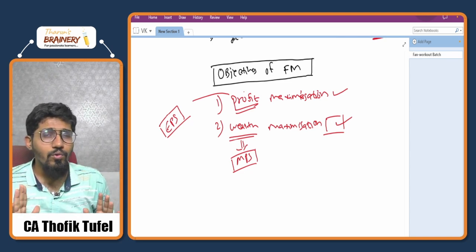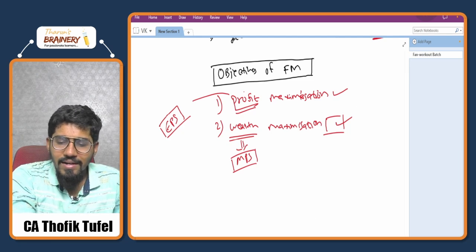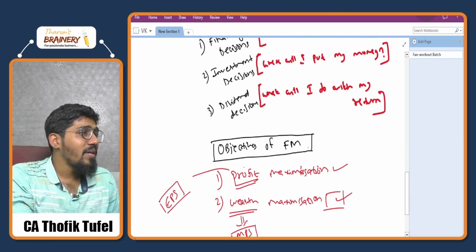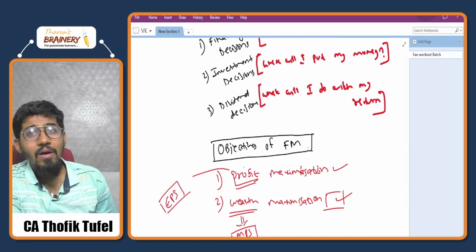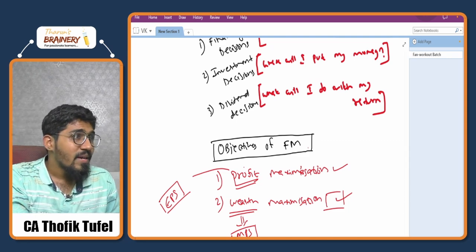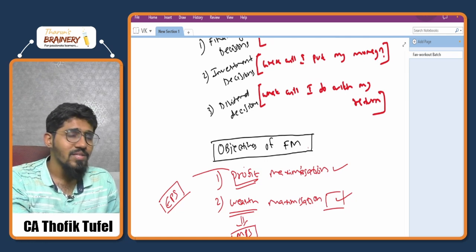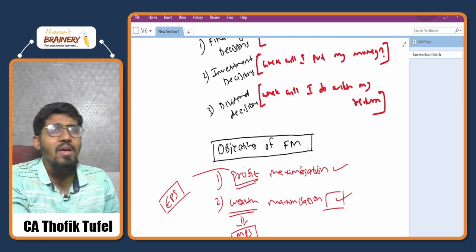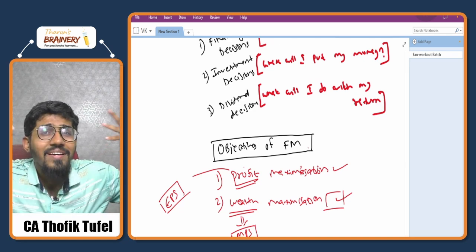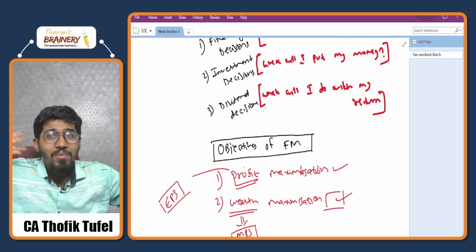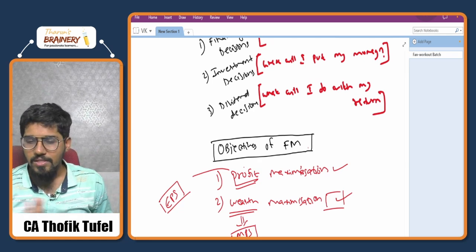Now, till now, the discussion we are making will help you in further developing all the concepts. If I directly jump into the chapters, chapter 1, ratio analysis, chapter 2, leverage, this would not be a helpful discussion. First, I want to build a foundation. I want to build a flow. Once you enter into the aura of financial management, then we are going to enjoy the subject.